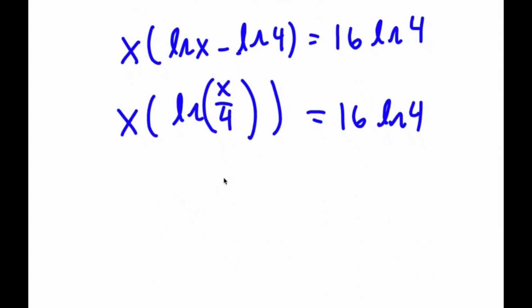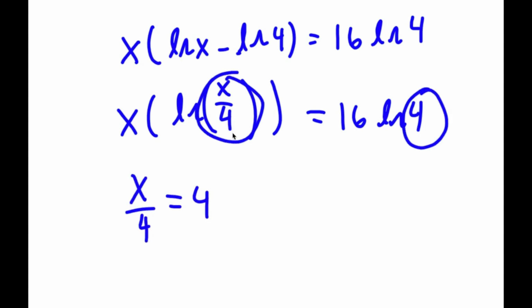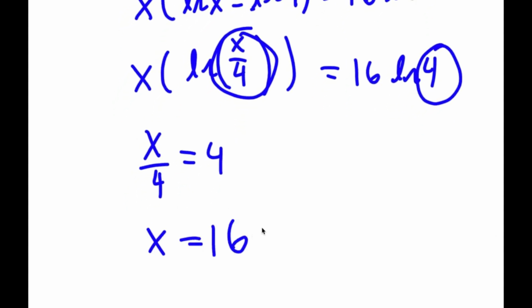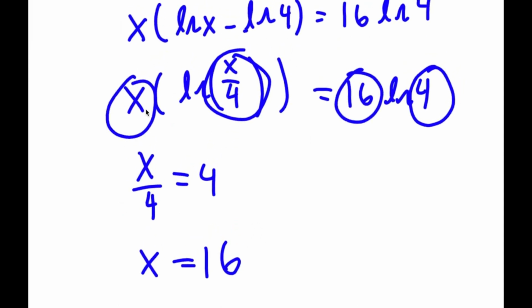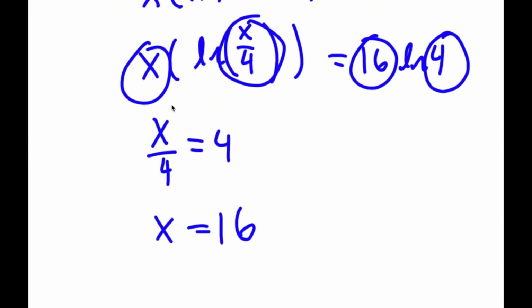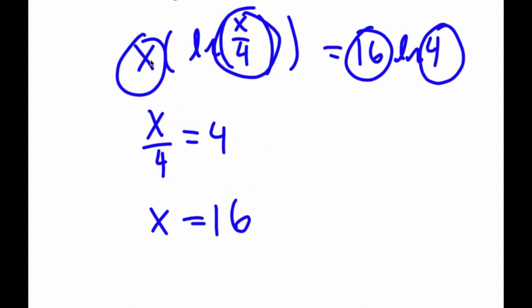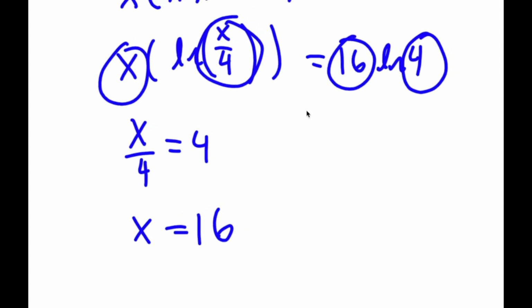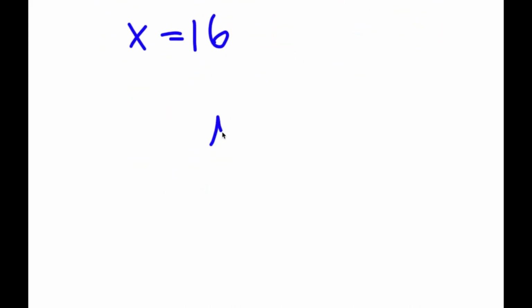This is essentially saying that x over 4 is equal to 4 over here. These two are equal to each other. So if x over 4 is equal to 4, this means that x is equal to 16, because these two have to match up as well. So now to check, let me plug this in over here. If I plug in 16 for x, I get 16 times ln of 16 divided by 4, and 16 divided by 4 is 4. So I get 16 times ln 4 is equal to 16 times ln 4. So this works. Now for method 2,